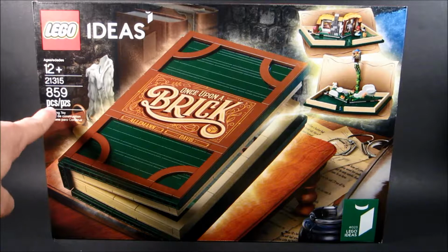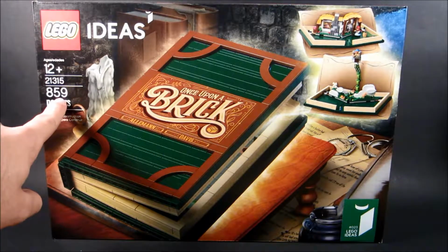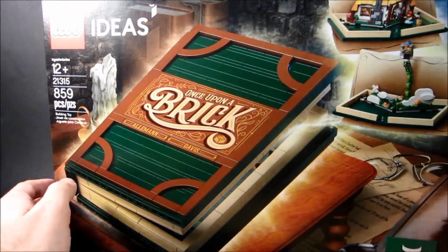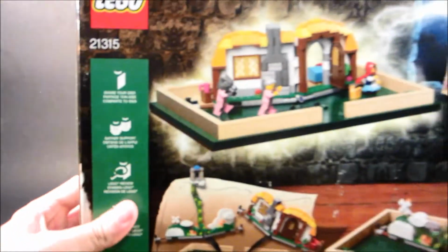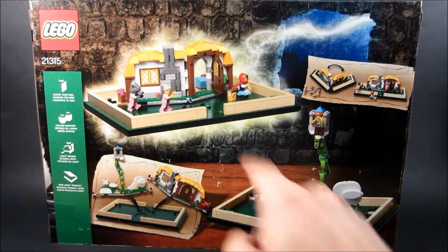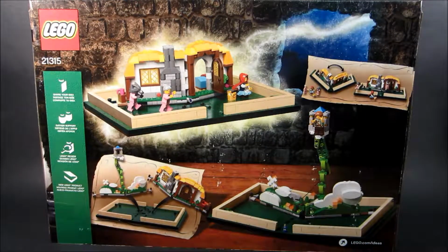But that price point for the parts, $70 for 859 parts, that's a steal. And this seemed to be a lot more interesting to me than just that maze. These two models that you can build out of it, I mean, it looked great. So I guess that's really all I have to say about it. Let's